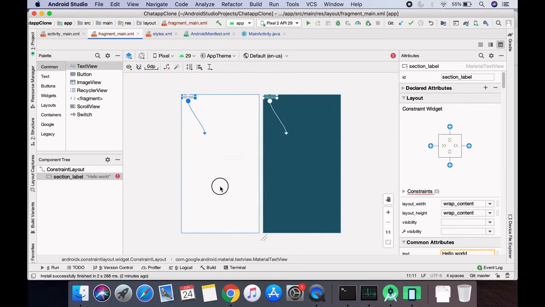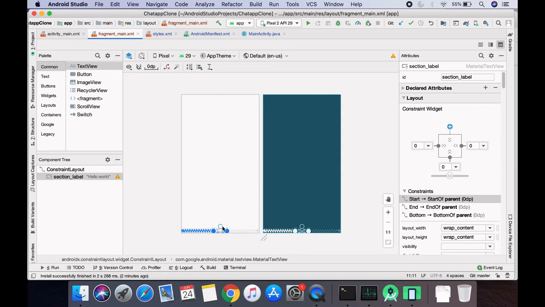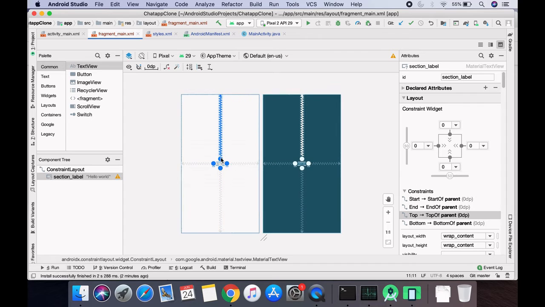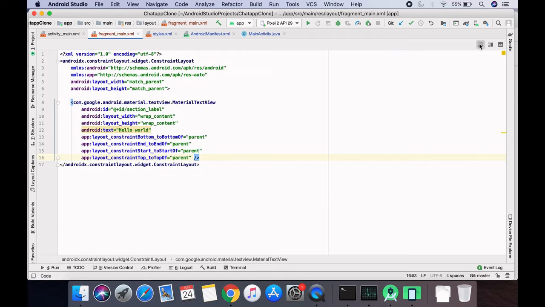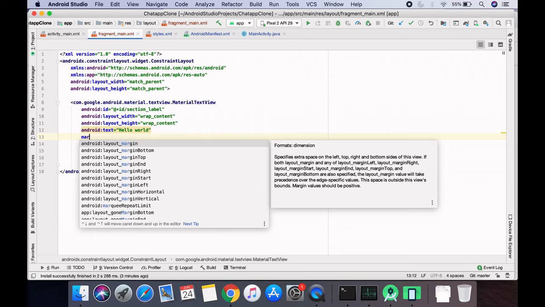So we map bottom to bottom, right to right, left to left, and top to top, so that the actual text view will be in the middle of the screen. So as you see, these four constraints were added with those,